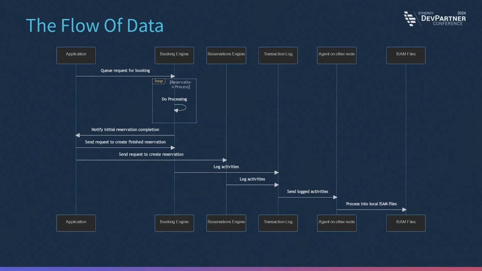So here's the actual flow of data through the system for the demo. So the application, I went in, queued the request for the booking. That was the first set of events that happened once I picked the human that was going to be making the reservation and told the system what day and for how long they were going to stay there. It starts making the booking. It's not been complete yet, but a couple of events get processed. Those happen in the engines, and a notification comes back to our application saying, yep, the engines did that work.